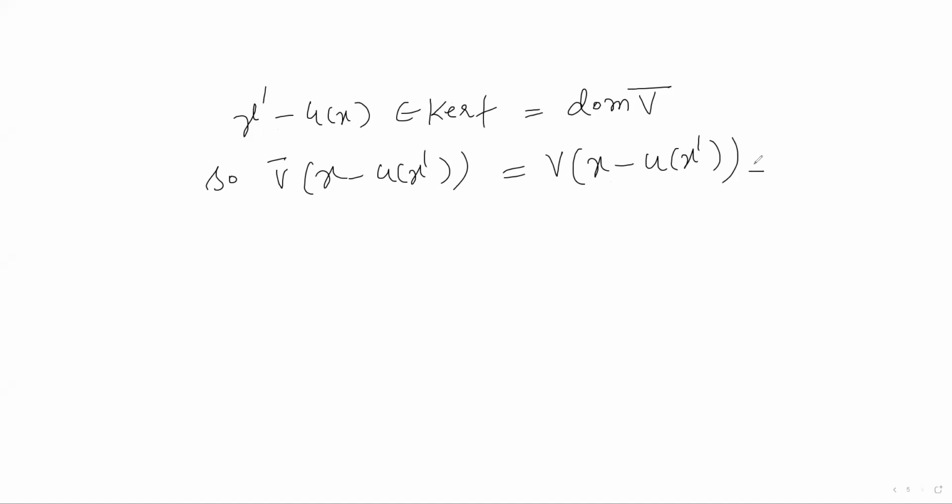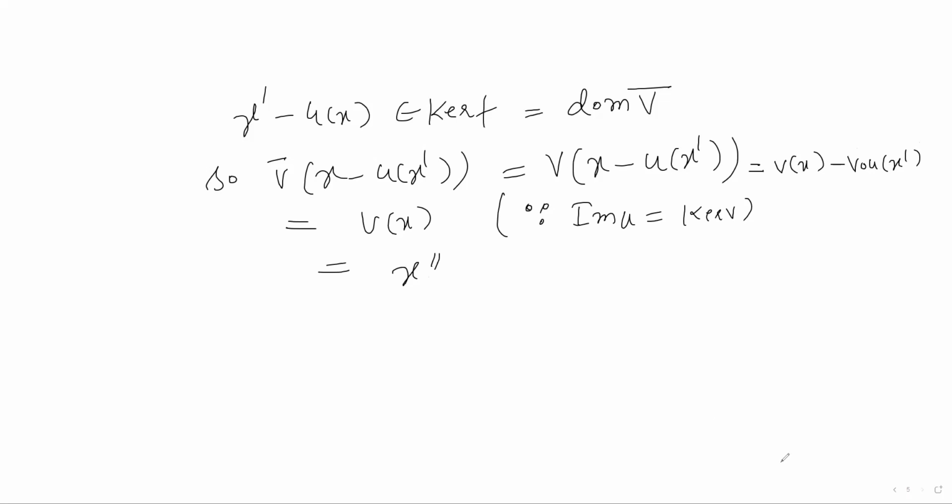So this is equal to v of x minus v composition u of x dash. लेकिन आपका v composition u 0 है. So this is equal to v of x because ये sequence exact है. So image of u is same as kernel of v by exactness. So v of x आपका क्या है, x डबल डैश है,